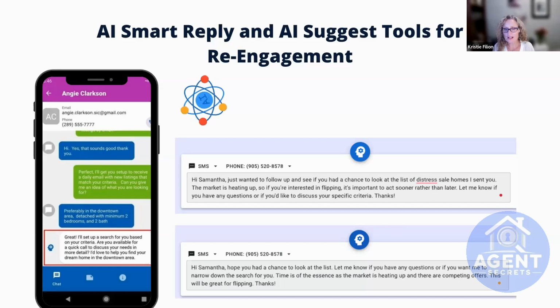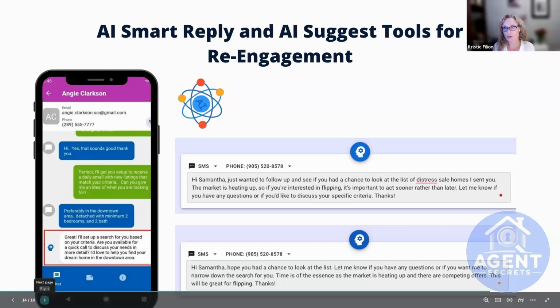You'll be able to pick up on it and take advantage of that opportunity. So this is where it's all going, and I think it's just really important to be aware of it, but really start to use it. These tools are all available for you to use, and we're certainly developing more and working on more and finding different ways to use it as well. So that is essentially going to be a big part, I think, of your re-engagement strategy, using AI as a way to start a conversation, but also continue on with that conversation as well.